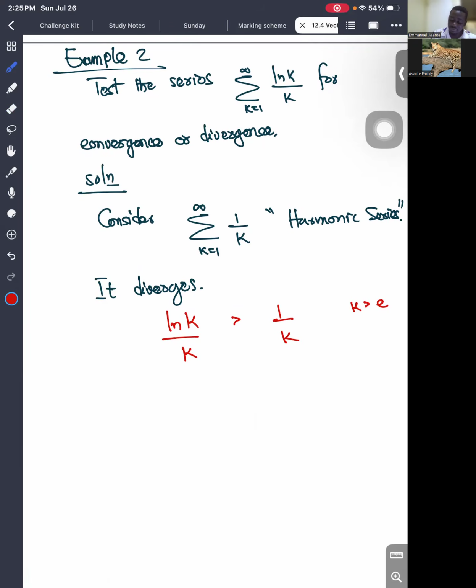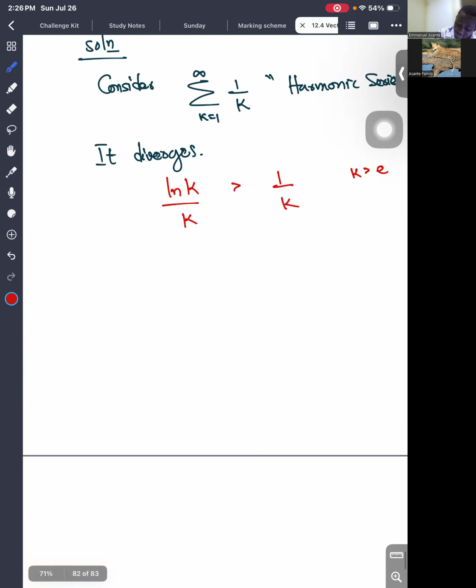And the series for 1 over k is the harmonic series, which diverges. So that is exactly the second statement for the DCT, the direct comparison test. And it says that this series diverges. So hence,